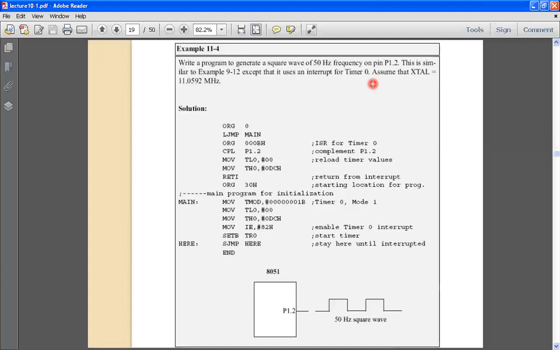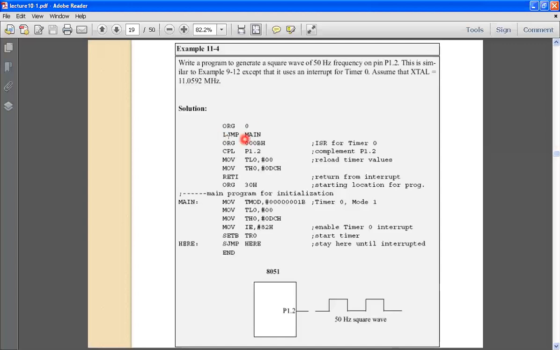It is not the 8-bit auto reload process, but 16-bit. So in 16 bits, we have to load the value continuously in the TL and TH registers of timer 0. So here the program is this: ORG 00. As you know, the microcontroller starts executing from 00 when it is reset.